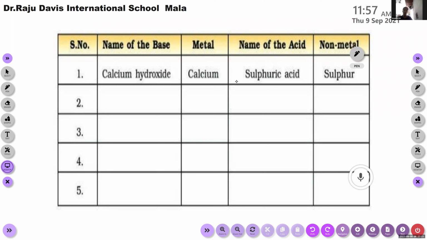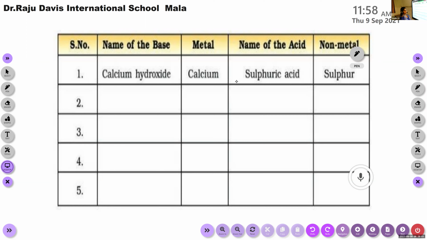Base is bitter. Yeah, base and acids are two types of substances. Base is bitter in taste, then acid is sour in taste. And base can convert red litmus paper into blue, then acid can convert blue litmus paper into red. Right? So I will write the name of certain bases. You should find out which metal is present in this base. After that, I will repeat with acid. I will write the names of certain acids. You have to find out which are the non-metals present in this acid. You can write it in the textbook itself using pencil.